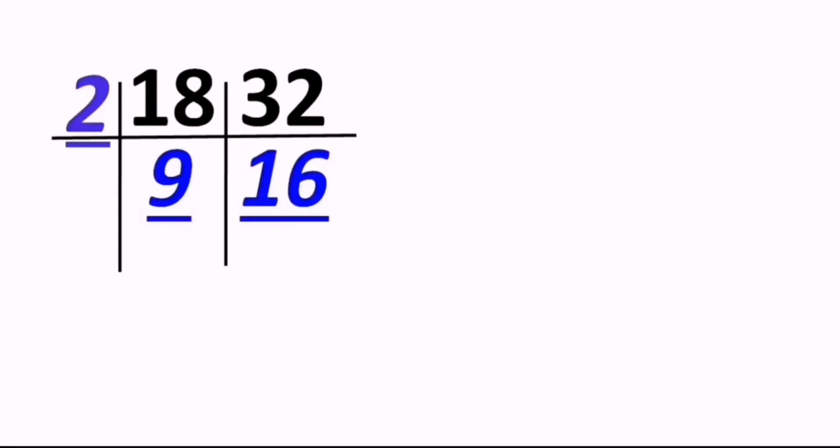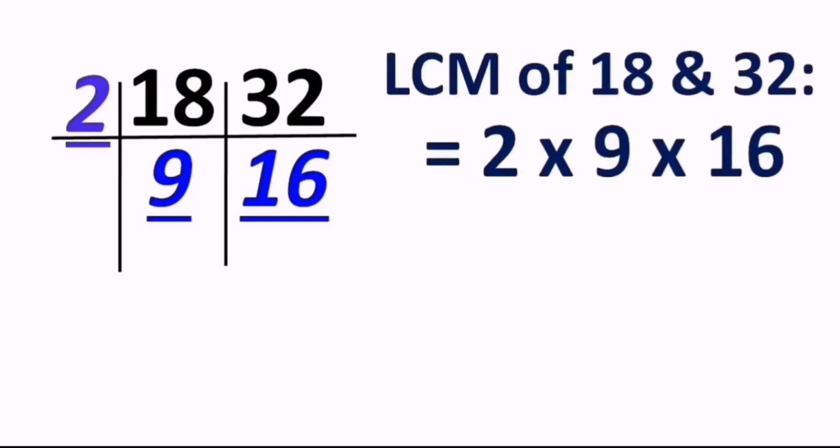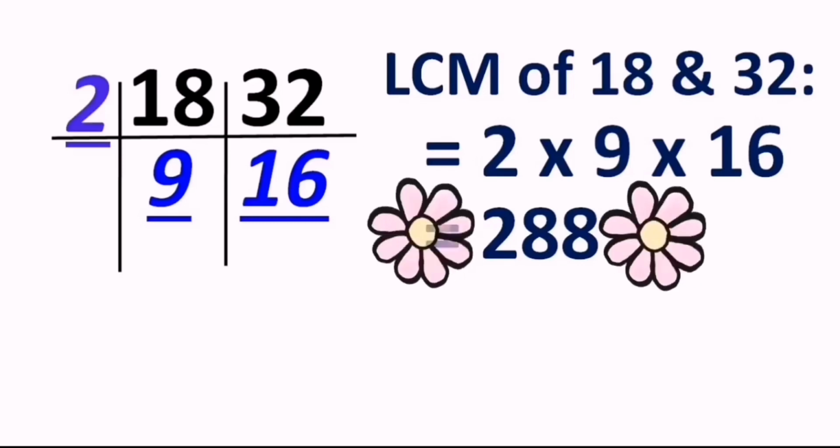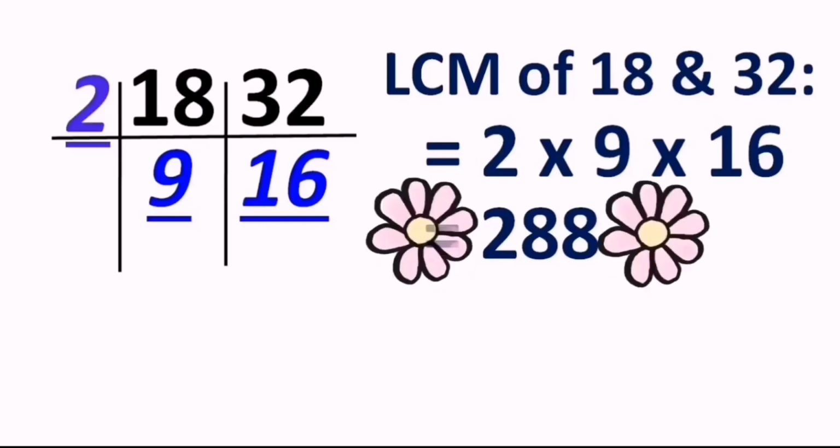All those corner numbers, I mean to say on the LHS, or the left hand side of the structure, and the bottom numbers, the remaining numbers which are not divisible by any other number, are going to make our LCM. So in the product form, 2, 9 and 16 results in 288, and that is our LCM for 18 and 32, right? Isn't it easier? Yes. One more sum. Correct.